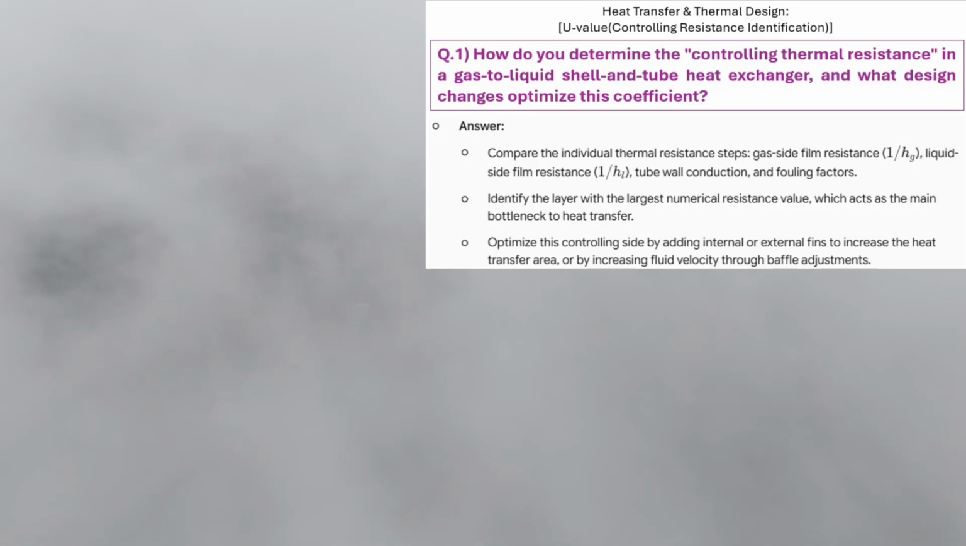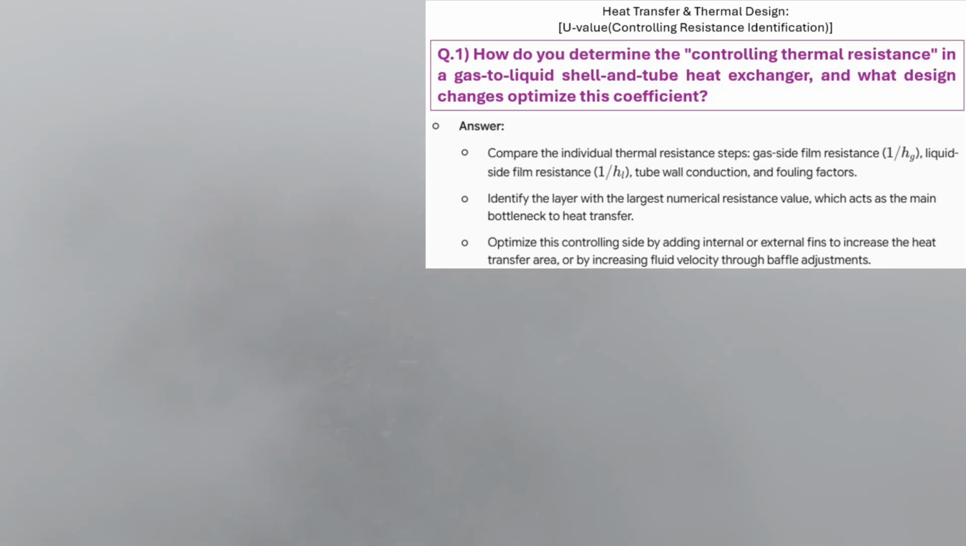It is the equivalent of expanding a 10-lane highway that immediately feeds into a single-lane dirt road. The thermal flux will not increase. So how do you dissect it? You dissect the one-dimensional heat transfer pathway by comparing the individual thermal resistance steps. You have the gas side convective film resistance, which is the inverse of the gas side coefficient. Right. Then you have the liquid side convective film resistance, the conductive resistance of the metallic tube wall, and finally